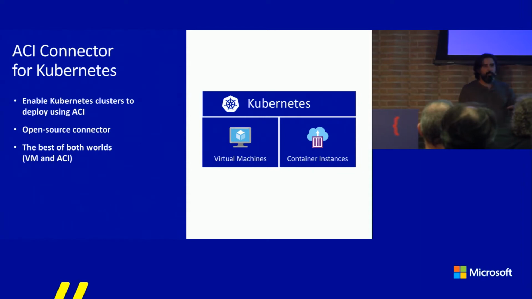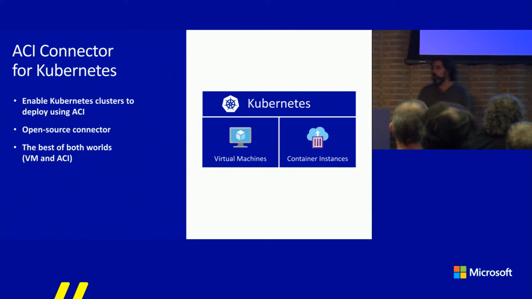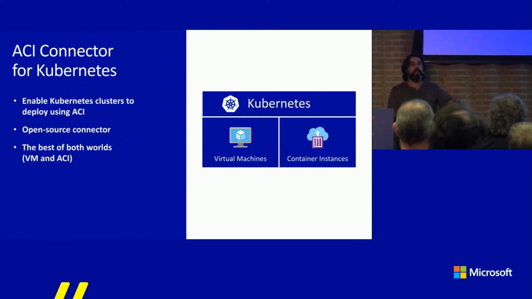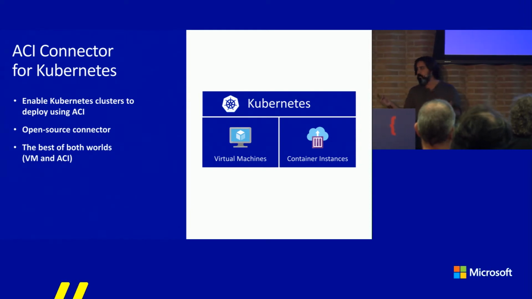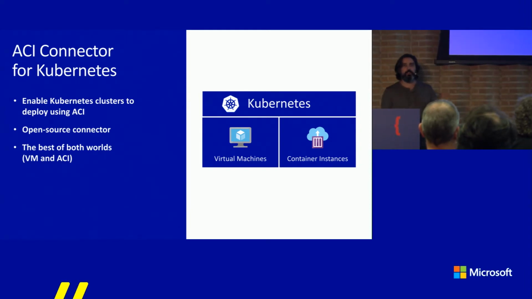So imagine that you have a Kubernetes cluster, and you want to extend it with ACI. ACI is just, think of it as an infinite pool of resources where you can run containers, but orchestrated by the Kubernetes API. So a familiar interface, a familiar API. Kubernetes is very popular now. Everybody knows it, I hope. Who doesn't know Kubernetes around here? Show hands. Well, everybody knows it. So I'm not saying something weird.